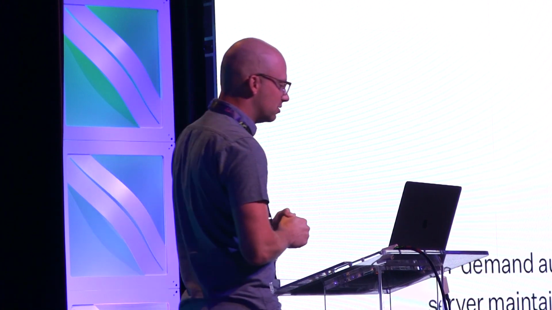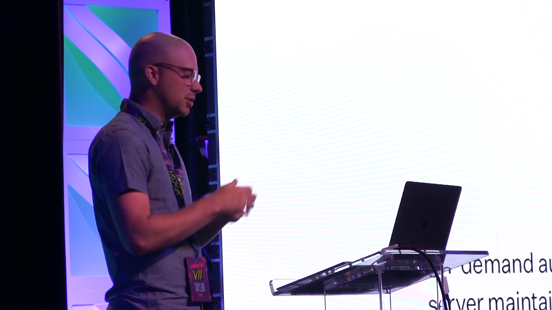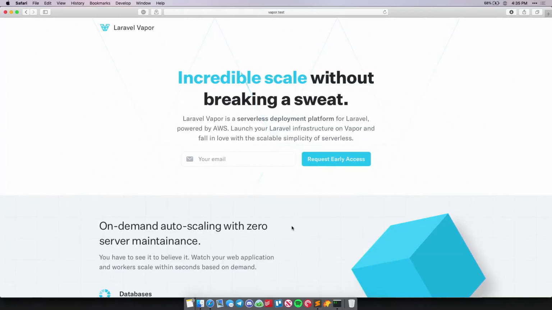So in the past, you might have used something like Horizon when managing your queues, where you want to say, I want 20 Horizon processes working queue jobs, and if 400 jobs come in, then those 20 processes sort of pick them off the queue and work them. With Vapor, you don't even have to really guesstimate your processes. You deploy your application. If you get 1,000 jobs on your queue, those jobs are going to be executed literally within seconds. I mean, really, really quickly, and you didn't have to do anything. If no jobs are on the queue, nothing's happening. There's no workers that you're out there managing. It's all totally elastically scaling on demand.